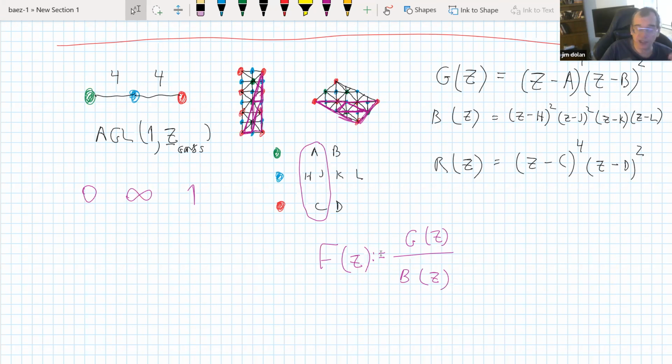I'm still confused about why this F doesn't care about R. No, it does. It's just that we haven't written down those constraints yet. You know, the constraints about how it behaves at the green vertexes and the constraints about how it behaves at the blue vertexes are already built in. I didn't even have to write down those constraints because the form in which I wrote G and B as polynomials automatically makes it that the zeros of this F are at the green vertexes, A and B. And the form in which I wrote B makes it so that the poles of F, if I get it correct, because this F here is like a completely